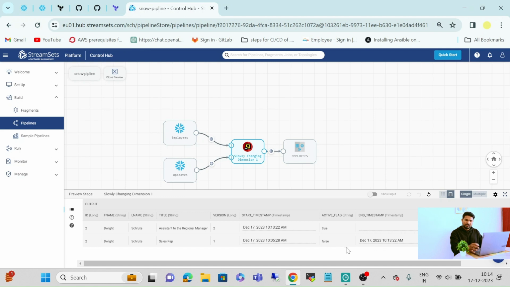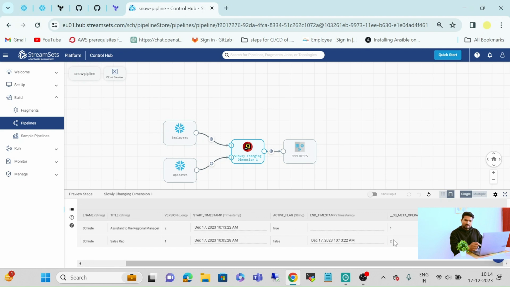The current active position is assistant to the regional manager, as we have already changed it in the updated feed table. So it only has the current start timestamp, because it doesn't have an end timestamp, because it is the true position. We can also see here the meta keys.